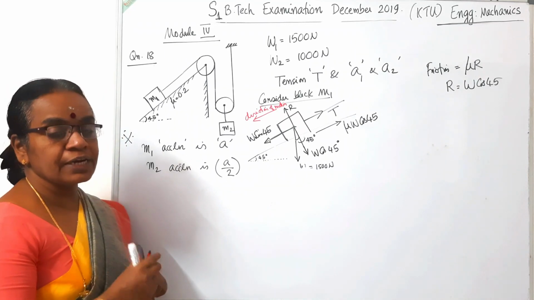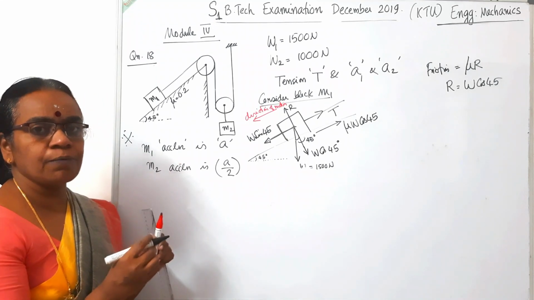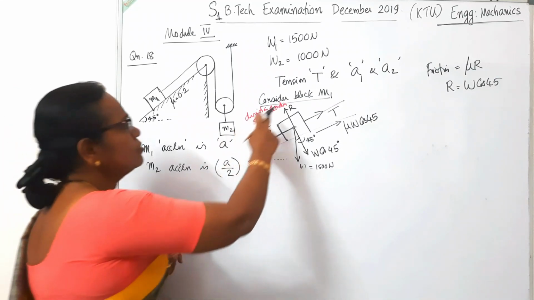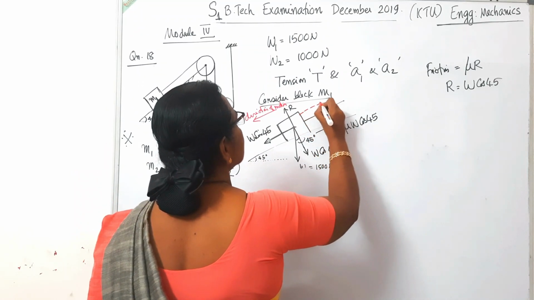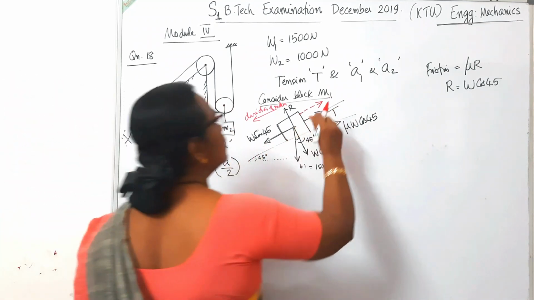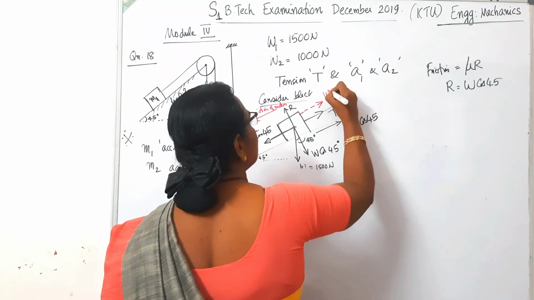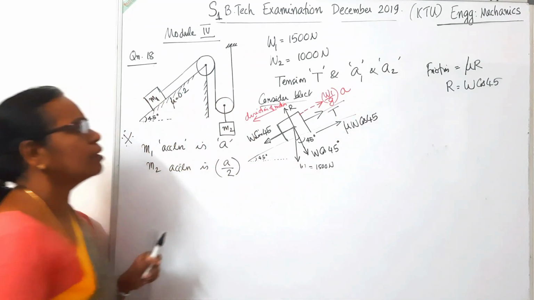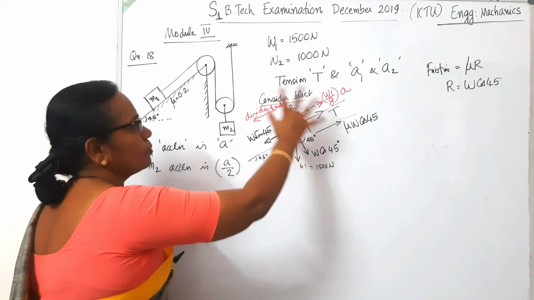Now, we have studied D'Alembert's principle in previous examples and in the previous video. To analyze such problems, we apply D'Alembert's principle, which is much simpler. If this is the direction of motion, you apply an imaginary force called the inertia force opposite the direction of motion, which is equal to mass into acceleration. Mass is W1 by g, and acceleration is an unknown, A. So W1 by g into A is applied opposite to the direction of motion. Now this body is in equilibrium.